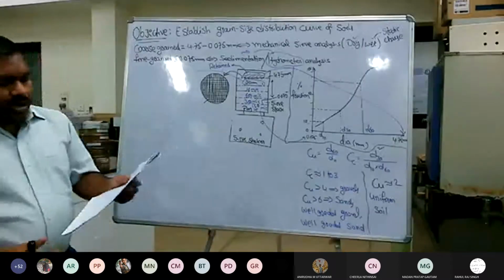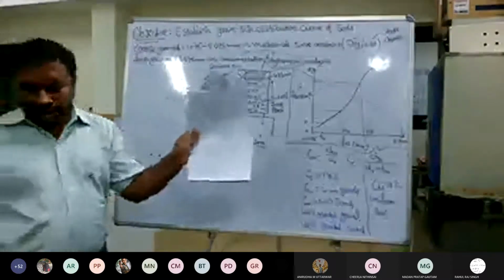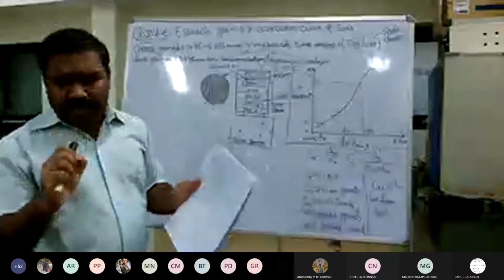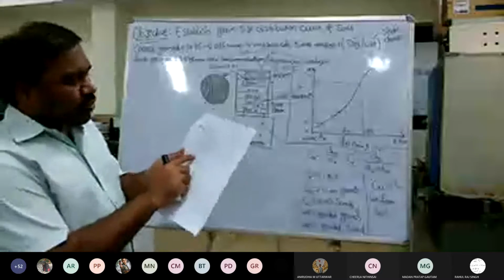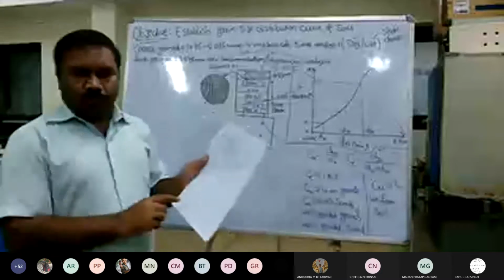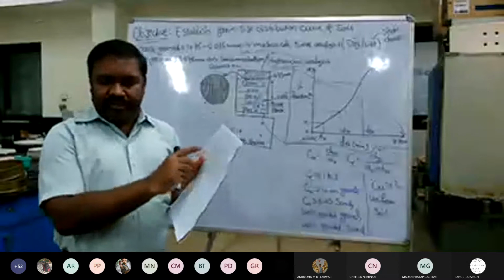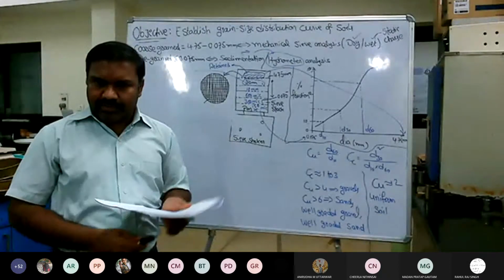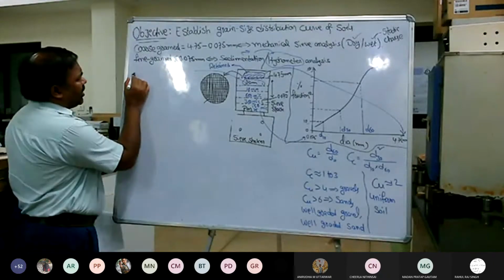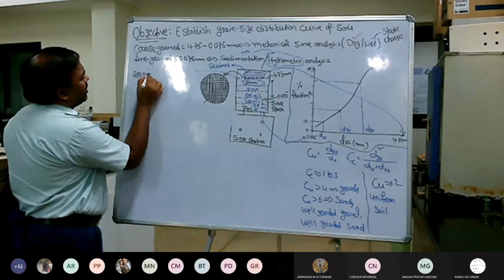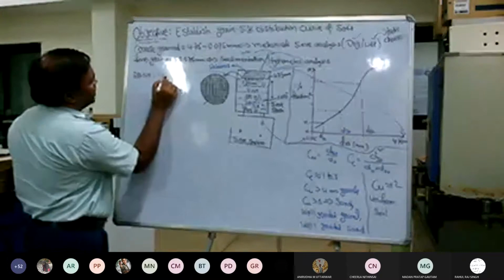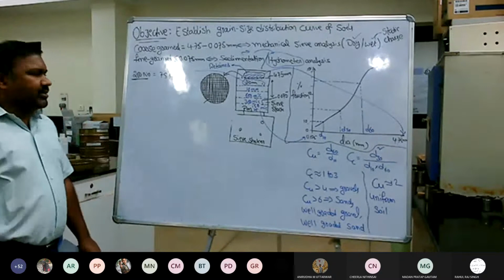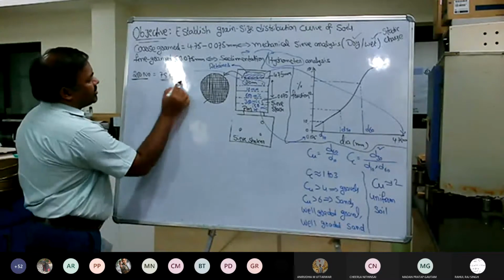Okay, so now it is important to see this table. The first column is sieve number. The sieve number is available on each and every sieve. Then sieve opening size. Probably you might have heard the difference between sieve number and sieve opening size in your soil mechanics class. For example, the 200 number sieve indicates an opening size of 75 microns.